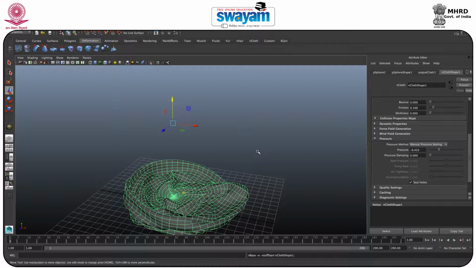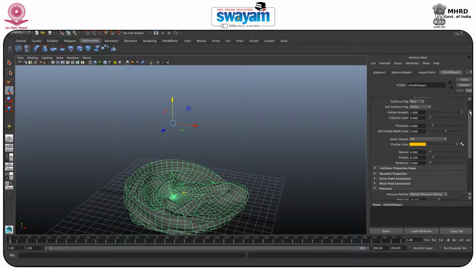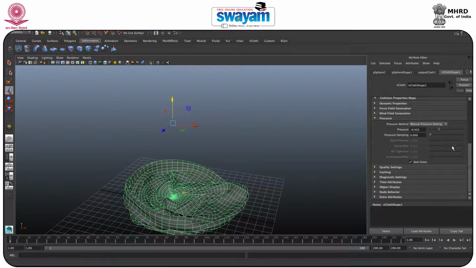Now I will select this part, and make sure that you do not change the pivot, let it be, and I will go to attribute editor, and here you have the nCloth shape. After that I'll go to the pressure tab. So here we have the pressure. Make sure that you are on the first frame, and after that just click over here, set key. Okay, now I will just press 4,